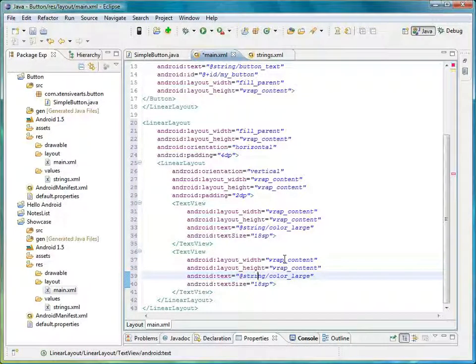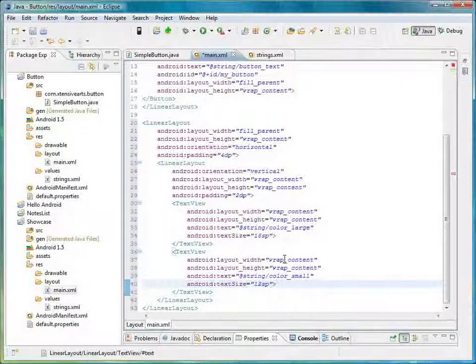First, the text string that is displayed. Let's change that to color small. And the actual text size, we will change that to 12 SP. Alright. So now we've created our two lines of text,